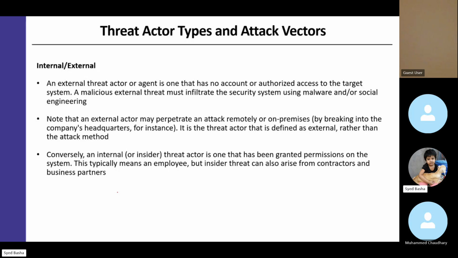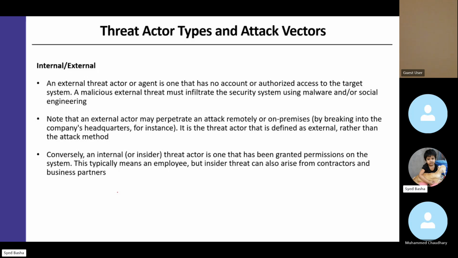These employees are denied any kind of promotions or increments because of bad behavior. The company doesn't want to promote this type of people, so maybe they become an internal threat at some point in time. They look for time and opportunity to bring down the company's network. So that's another internal threat.